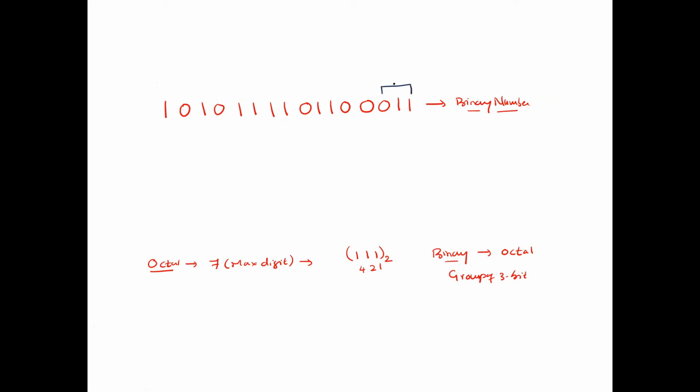So this is one group. This is the next group of 3, and here we have another group. We have one more group formed, and this one. Now you can pad with zeros. If you don't have sufficient bits for a group of 3, then you can pad with zeros.